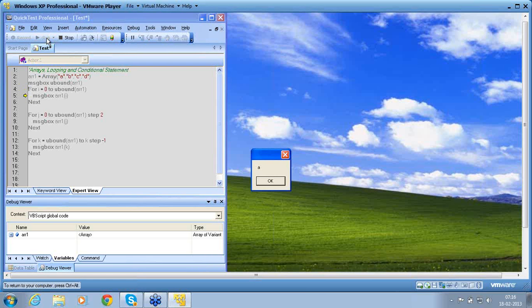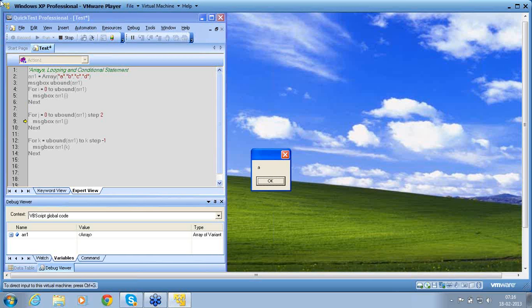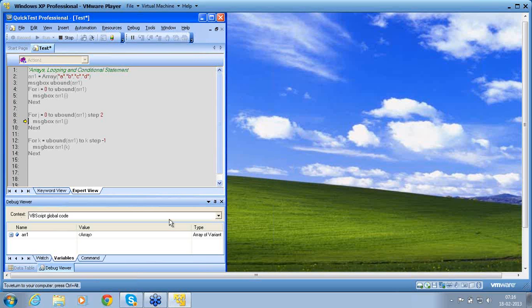Now message box. Okay. Next message box. This is with step 1. By default it is step +1. If any other step you want to introduce, you need to use step as a command. Without step as a command, it cannot increment. Now you can see I is 0. That is because it is starting with 0. Right? I say OK. Now next I will be 2.